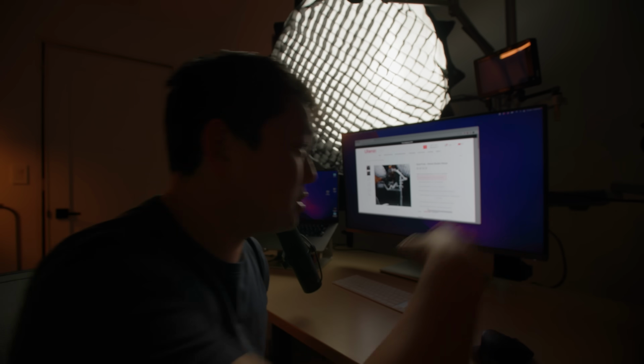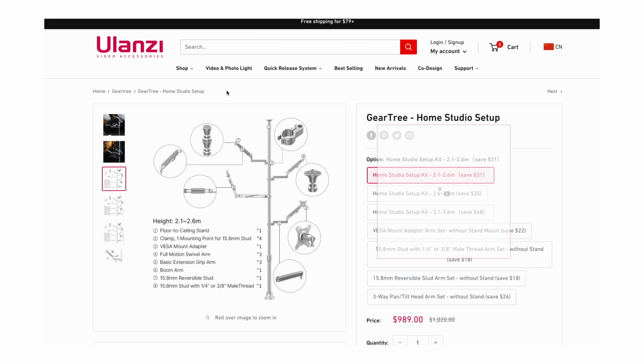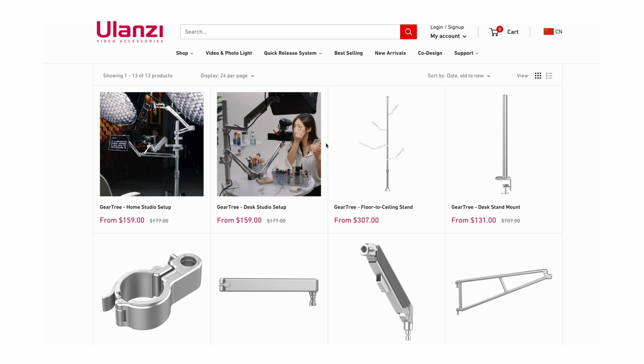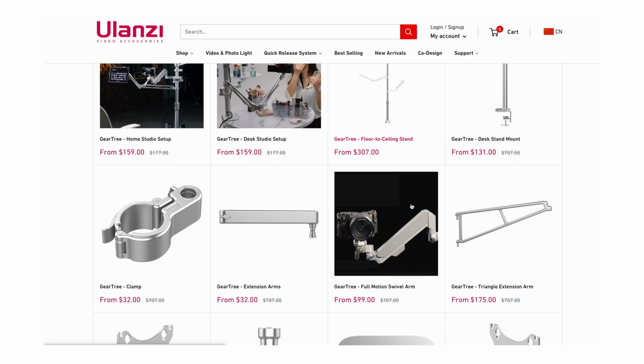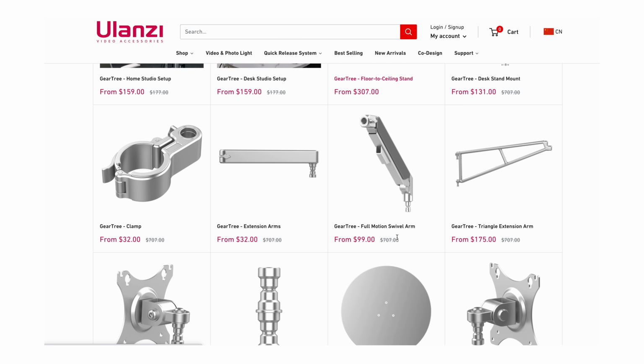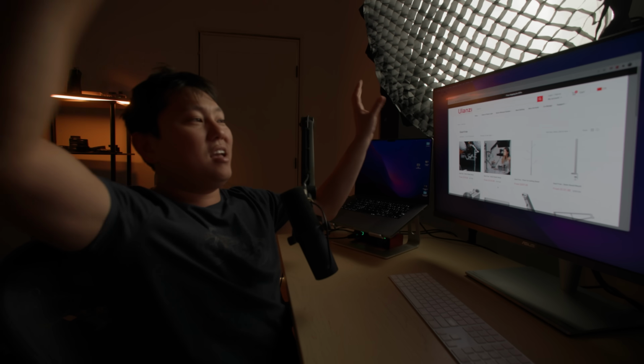That camera battery died, so I do want to probably run power to all of this. For now, we'll just live with this, but yeah. Now, this is the home studio setup, which comes with all these parts, but I would actually probably go in and individually pick out what I need. So you would need the floor to ceiling stand, and then I would just go and be like, okay, I want a few of these. But yeah, overall, man, I'm excited about this setup. It's not just stands sprawled out everywhere,